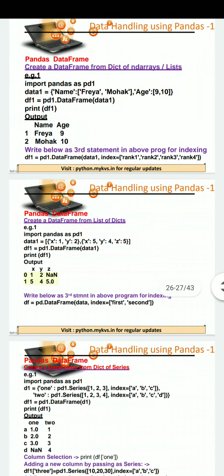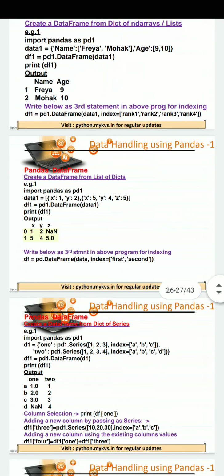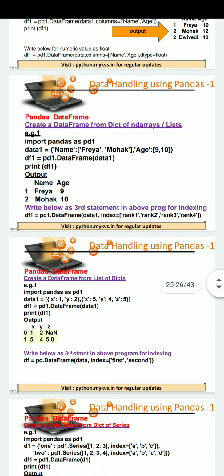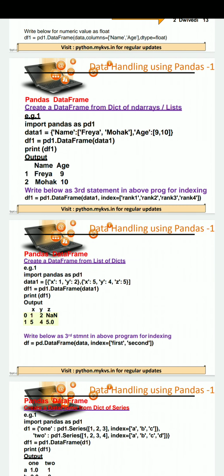Hello students, good morning. In yesterday's class, we learned how to create a pandas data frame using a dictionary. Creation of a dictionary is very easy, but in this case, we will have to pass multiple values for separate rows.